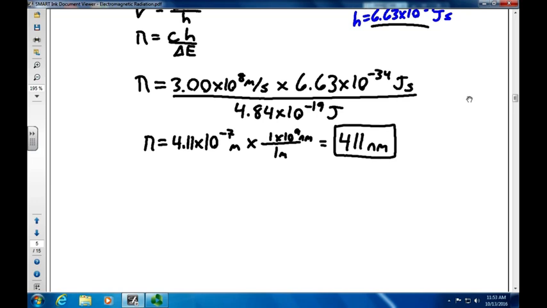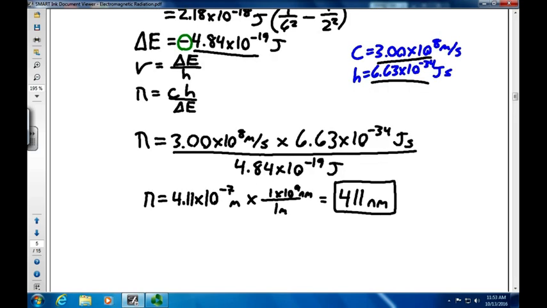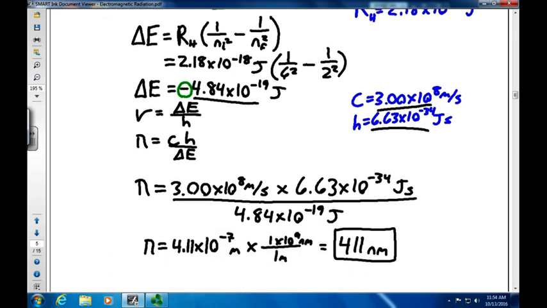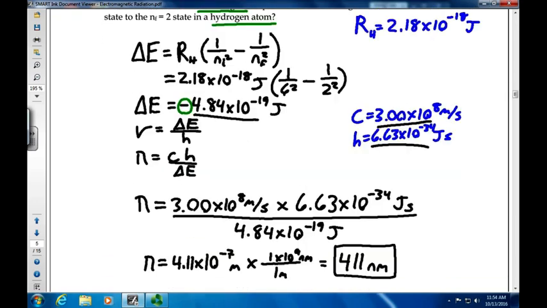So this was a little two-step problem. You have to recognize what constants you are given, what values you are given. You're given the principal quantum numbers only. You know that there has to be more to it, so you have to think in terms of constants. You know you have your R constant for hydrogen. That can be applied to this equation to get you energy. And from energy, you can solve using other constants to get you